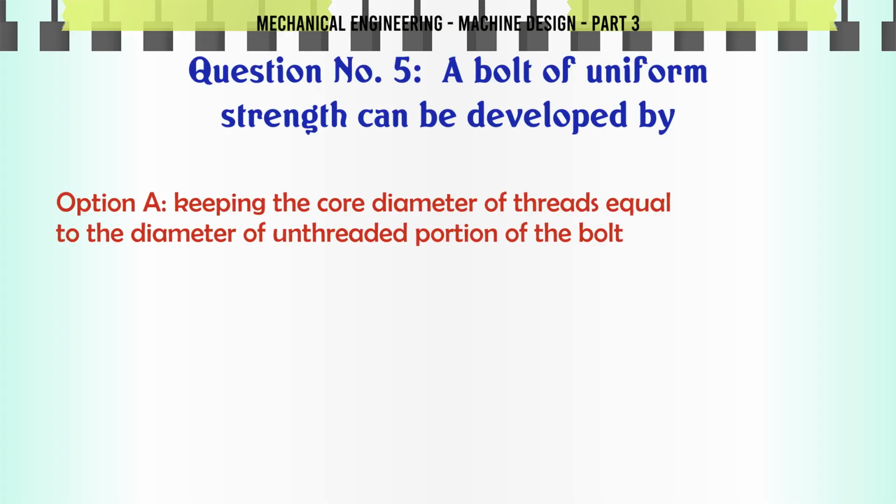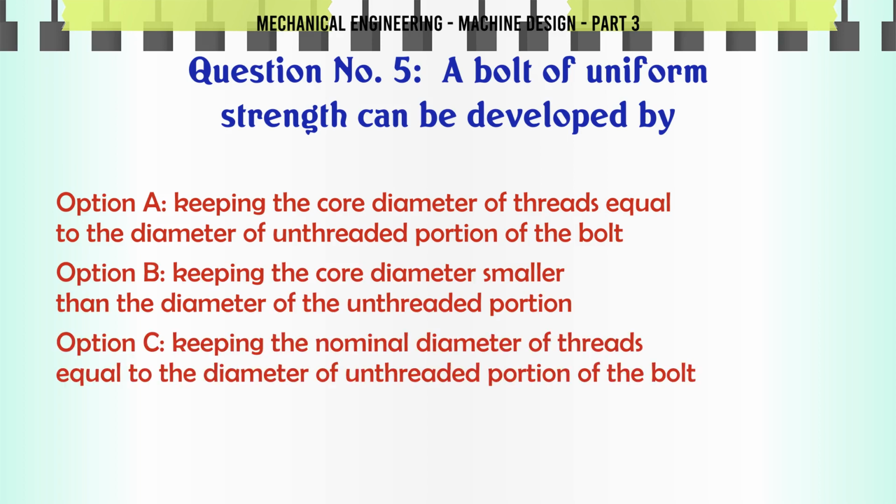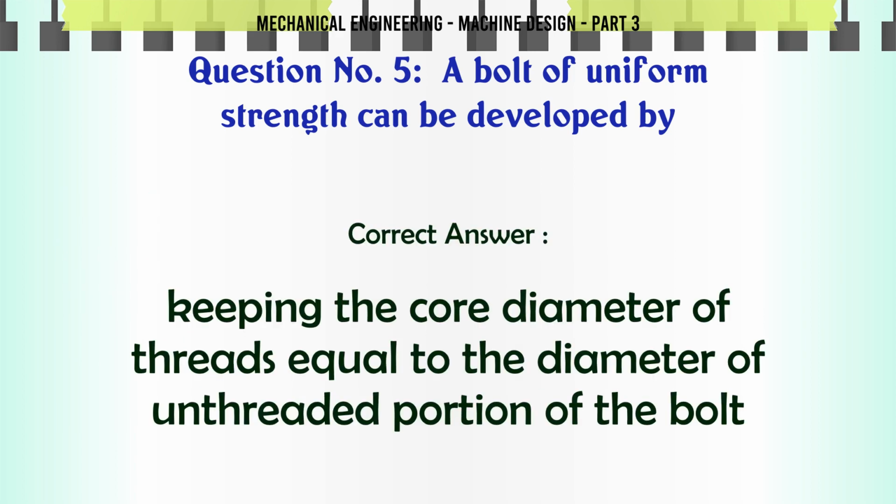A bolt of uniform strength can be developed by A. Keeping the core diameter of threads equal to the diameter of unthreaded portion of the bolt, B. Keeping the core diameter smaller than the diameter of the unthreaded portion, C. Keeping the nominal diameter of threads equal to the diameter of unthreaded portion of the bolt, D. None of the above. The correct answer is keeping the core diameter of threads equal to the diameter of unthreaded